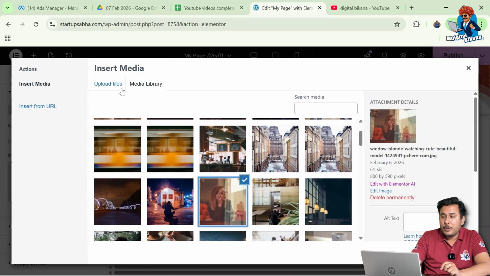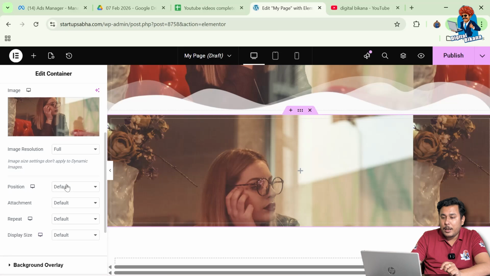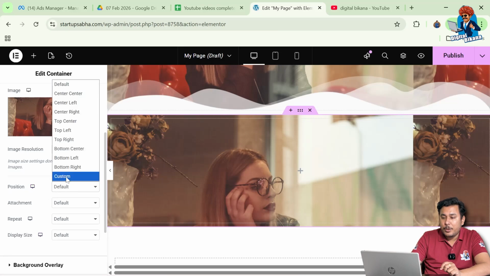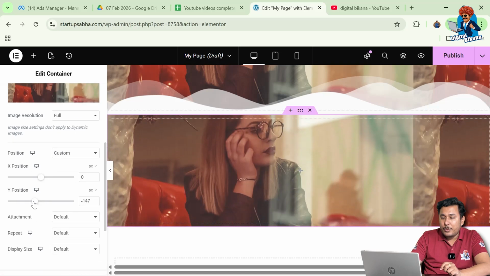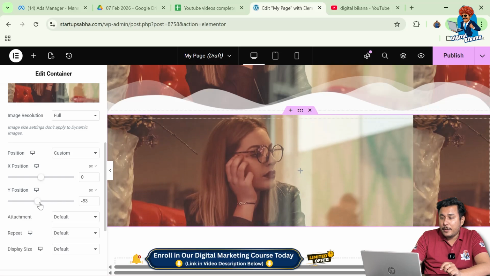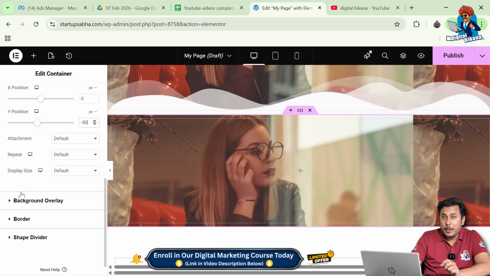Else you can also upload a new image from your system using the upload files option. So I have selected the image and clicked on select. Okay, and now I'm going to change the position of this image using position settings. I'm going to select the custom position setting, and here I'm going to decrease the Y position a little bit. Okay, done. Now we are going to add an image in the background overlay, so we are going into the